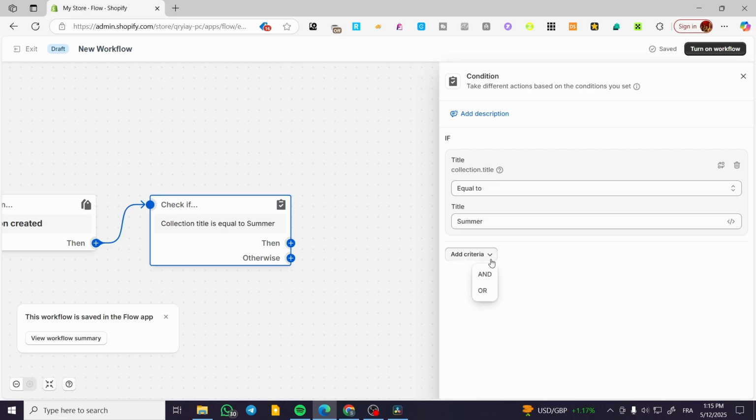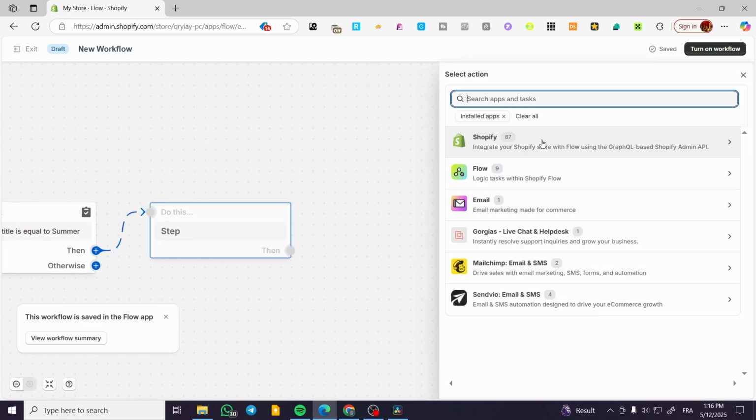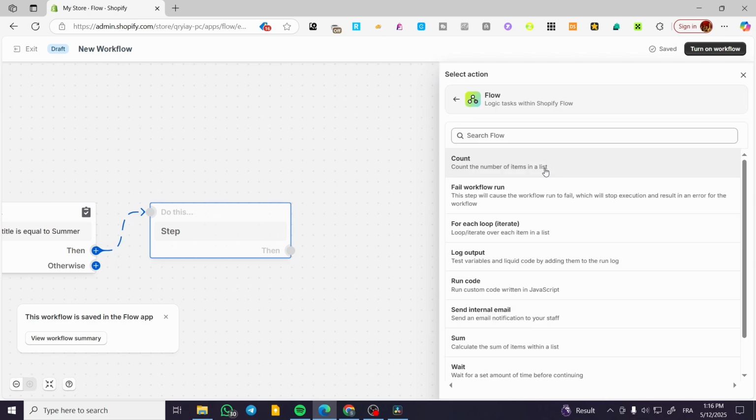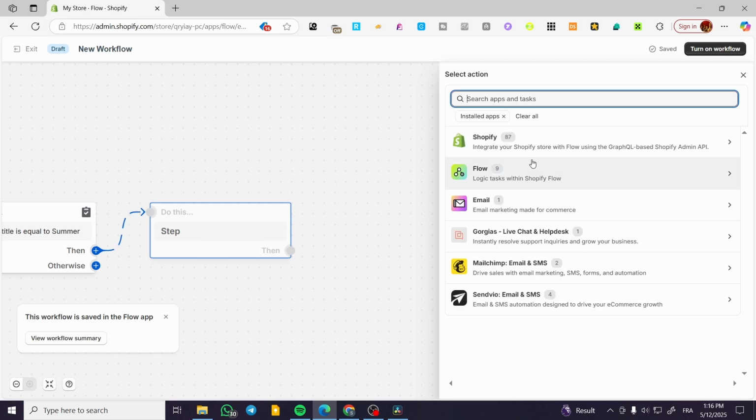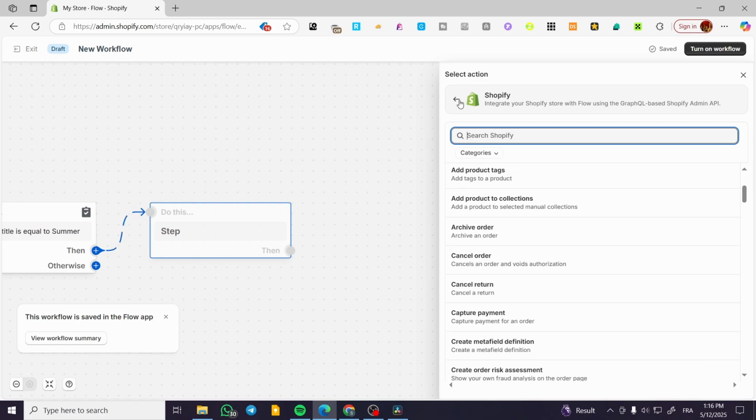You can add another criteria with "and" or "or", for example, with the condition that the collection is equal to summer. We're going to have then, for example, either a new condition or an action. So we're going to have the actions, for example, from the flow, or you can have it from Shopify. So you can add to catalog, as you can see, and